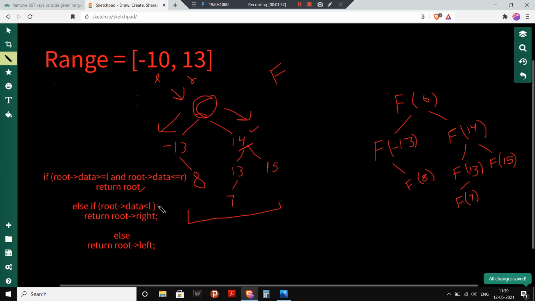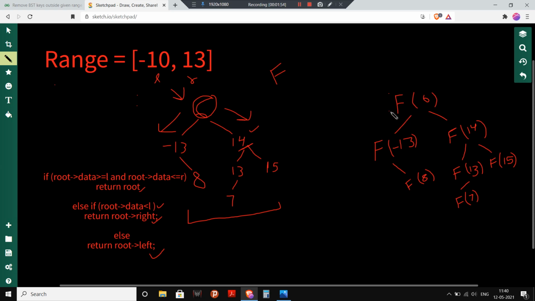Otherwise, if the data of the root is less than L, I will return the right child of the root, otherwise I will return the left child of the root. You will understand what I am saying using this illustration.